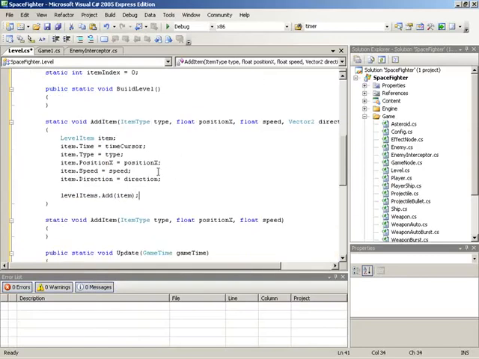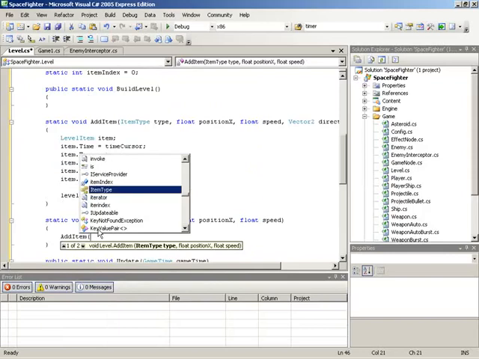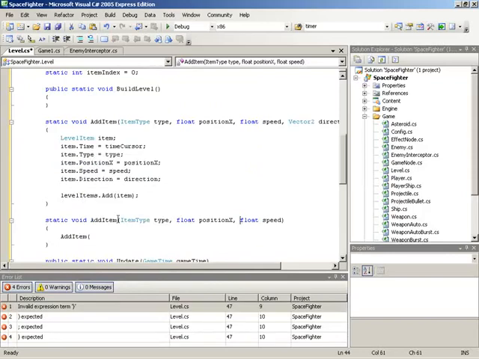Alright, now we can move on to our overload of add item. And all we're going to do in here is make a call to the first add item. The only difference is we're going to specify default for direction. So that call to add item is going to consist of passing through all of these parameters and then making up a direction. That means it's going to pass in type, it's going to pass in position X,